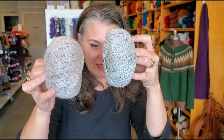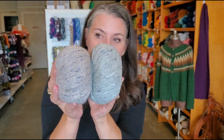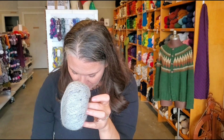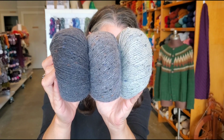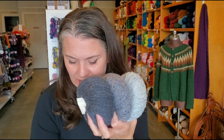You can see the clay is a little bit more warm, whereas the alabaster is a little bit more blue or cool. It's a little bit more on the white side, I would say. If we move a transition through our grays from alabaster to granite and then carbon, those are our gray neutral colors. And then if we talk about the classic colors,